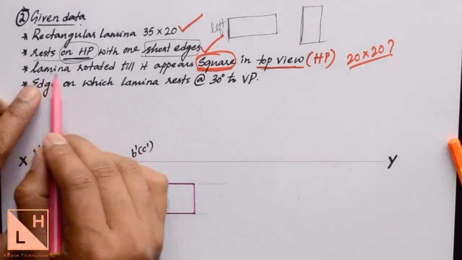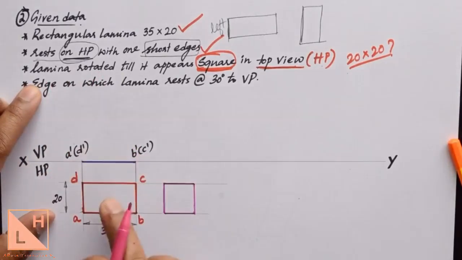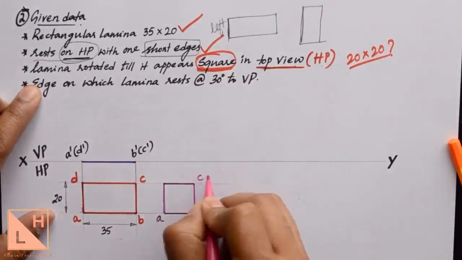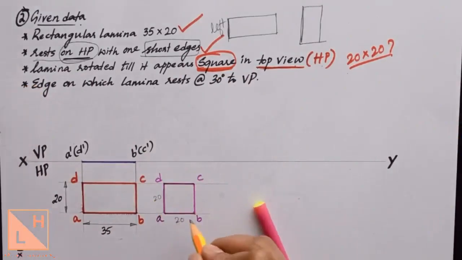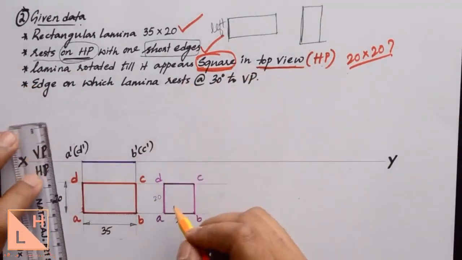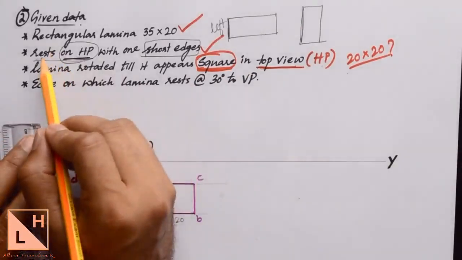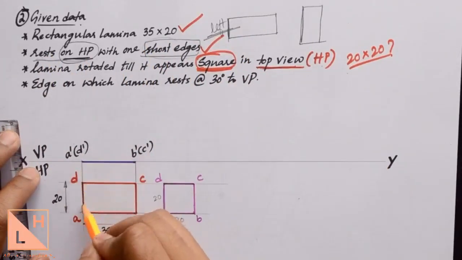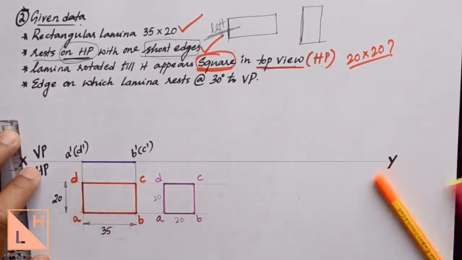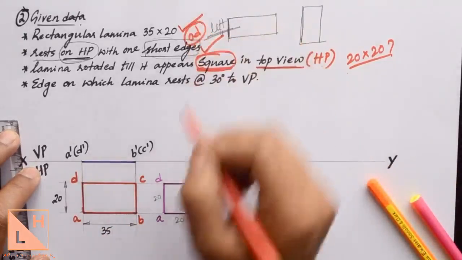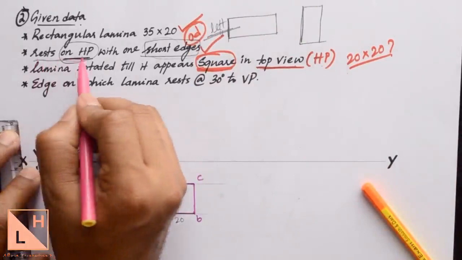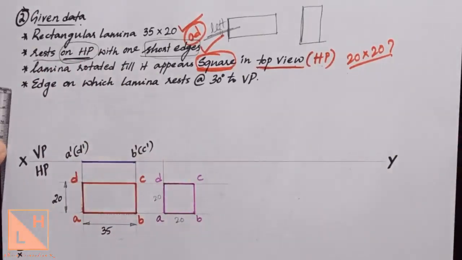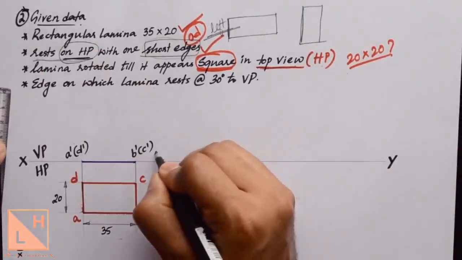So as the question says, the lamina is actually rotated. The angle is not given here. Instead, the shape, how it changes, that is given in this problem, similar to the previous one. Right? So to generate the front view, you need to draw the projection lines. As it says, it is resting on HP with one of the shorter edges. Keep that shorter edge on the left side as I already mentioned. The shorter edge on the left side is nothing but AD. So this shorter edge, what we find on the left side is AD. We must make sure that it still rests on horizontal plane. So you draw the projection line and the position of AD is fixed here on the XY line.